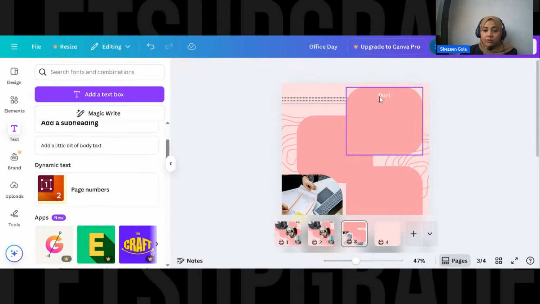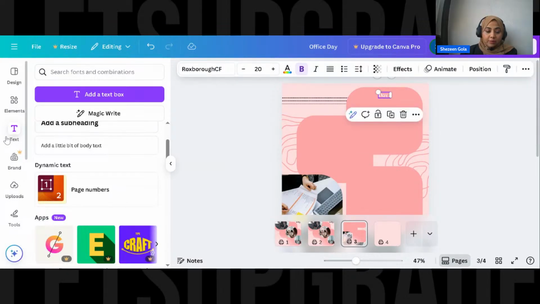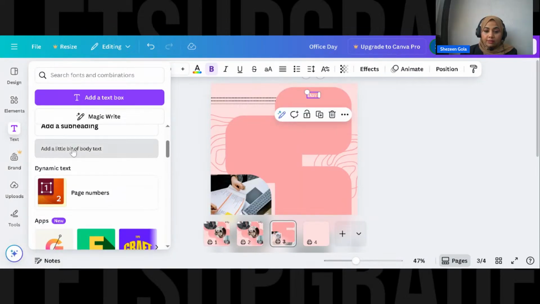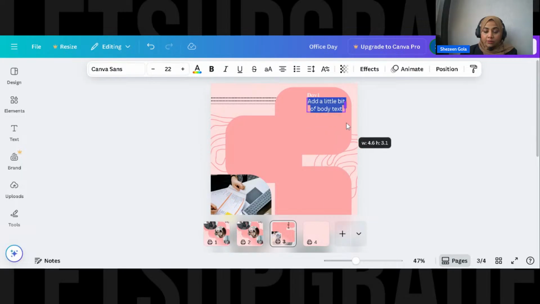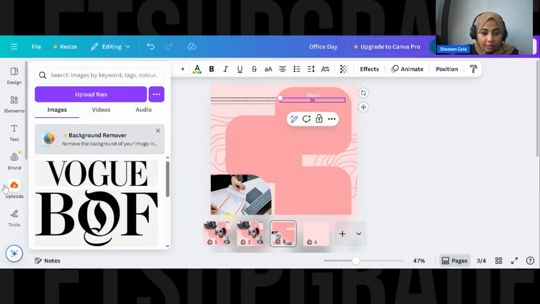Okay. Now I want a text box again for the body. Okay. So what has happened? There's already a text box that came out here, and let's make it a size smaller. So suppose for day one you want to write something. Be happy.